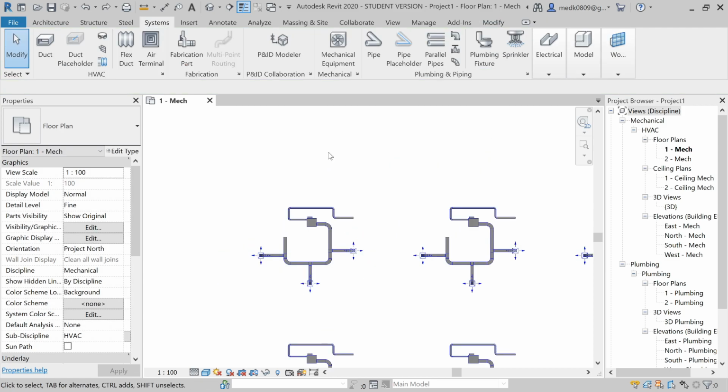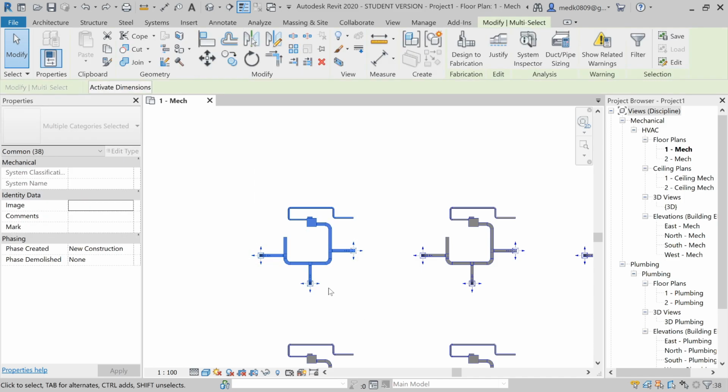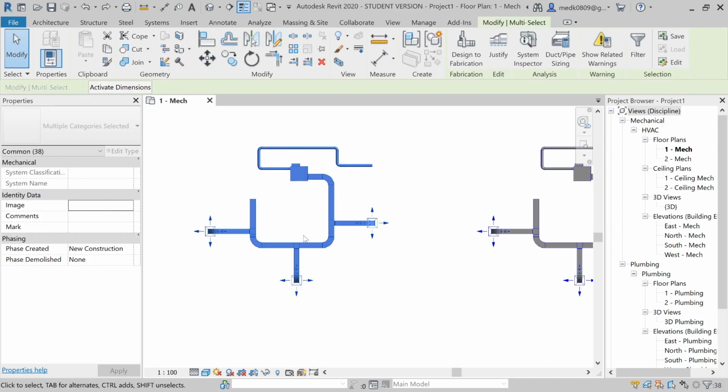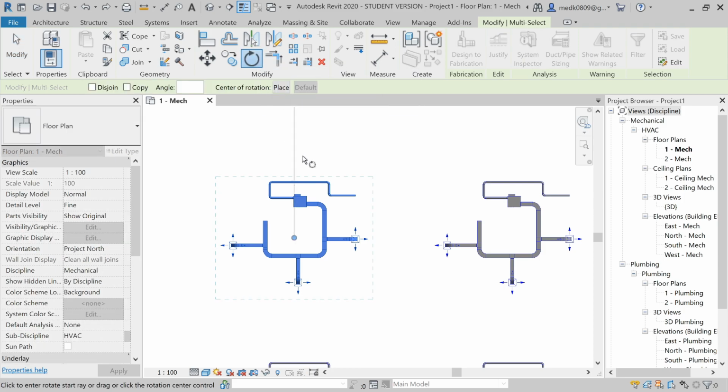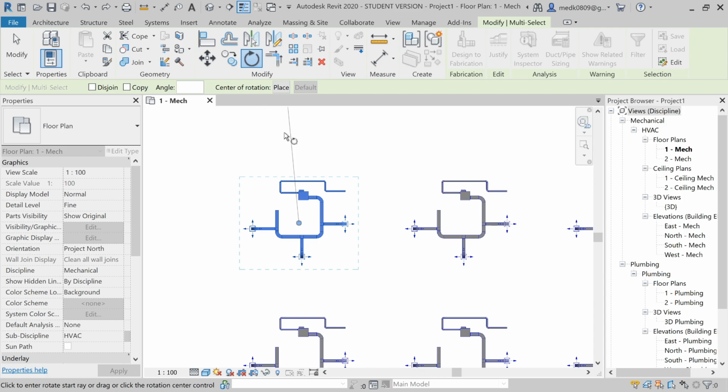So now we'll see the rotate command. For that, let's select this circuit. Okay, let us suppose I want to rotate this circuit to an angle of 180 degrees. For that, I'll go to this rotate over here. I'll select rotate. When I select this rotate, you can see this stick. So you can apply this stick anywhere for the reference purpose.